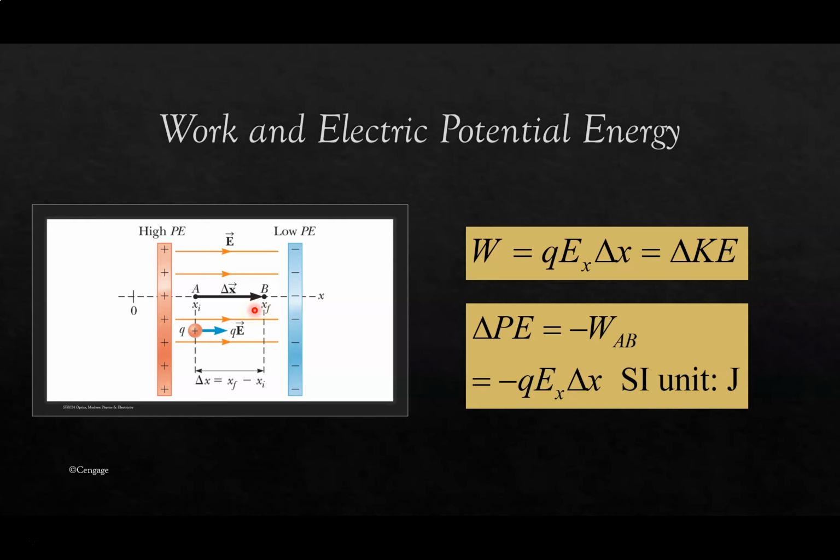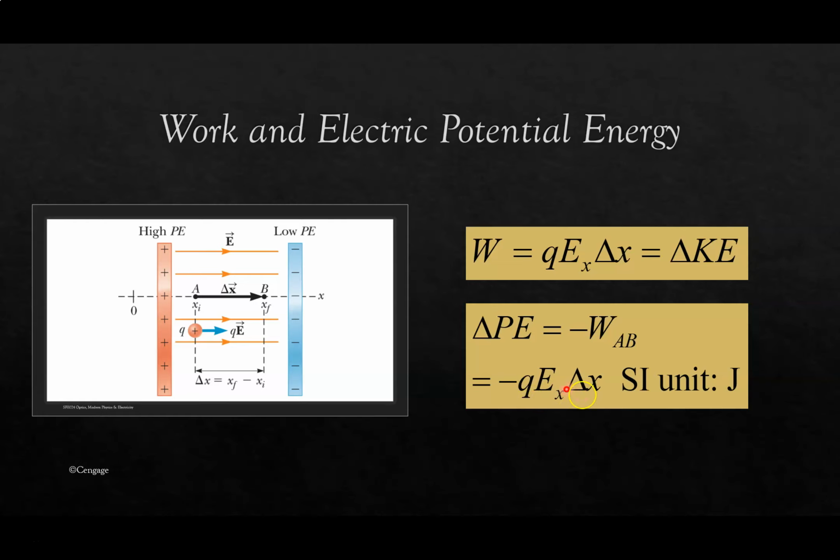As you remember, the work done by a conservative force can be reinterpreted as the negative of the change in potential energy associated with the force. So the change in the electric potential energy of a system consisting of an object of charge q moving through a displacement delta x in a constant electric field is given by the equation here, where